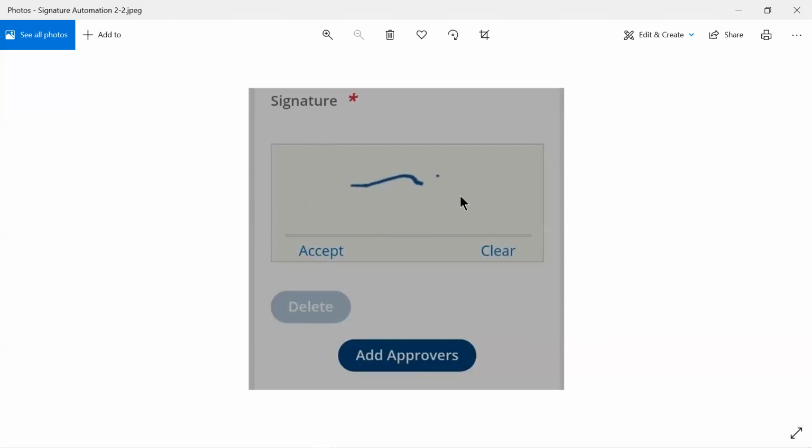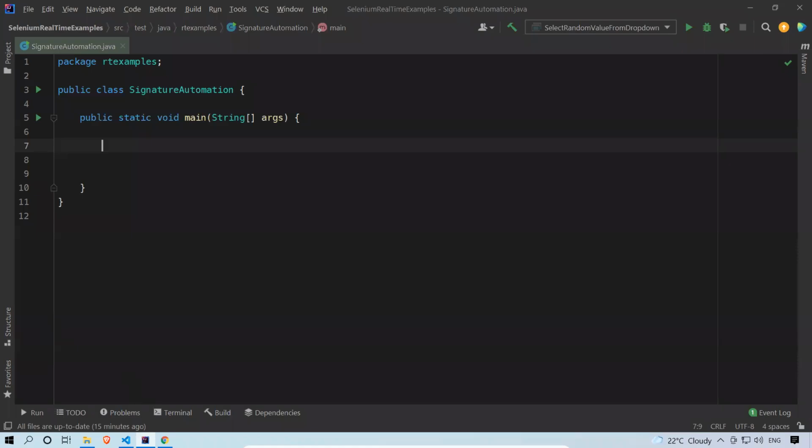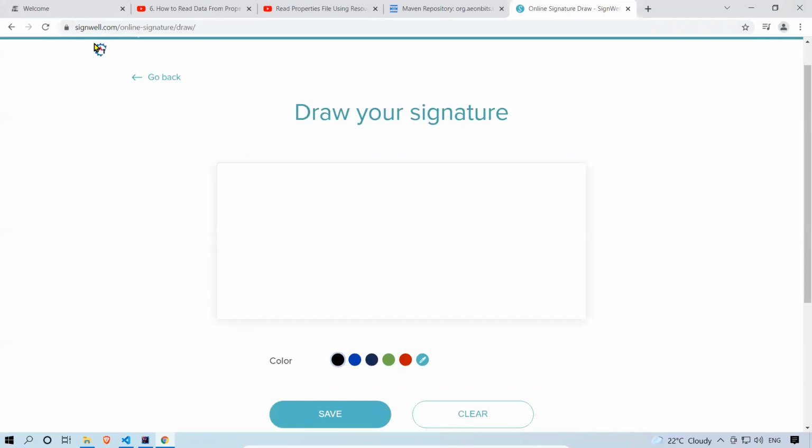So where can I simulate this? When I searched in Google, luckily I got one website, signwell.com/online-signature/draw. It is kind of similar, not exactly. You see clear and save, accept and clear, both work the same way.